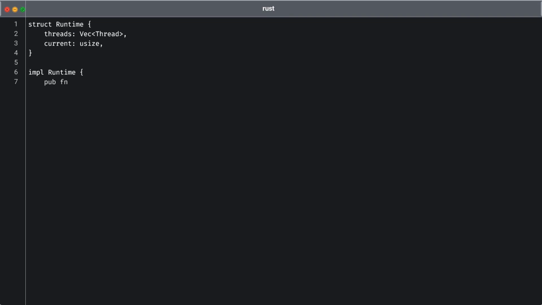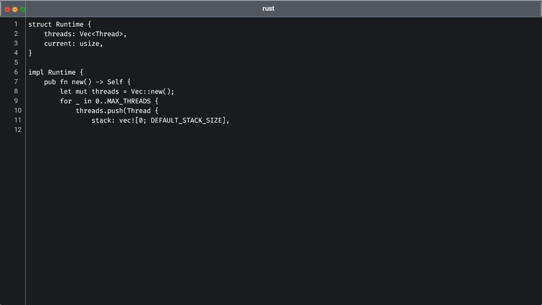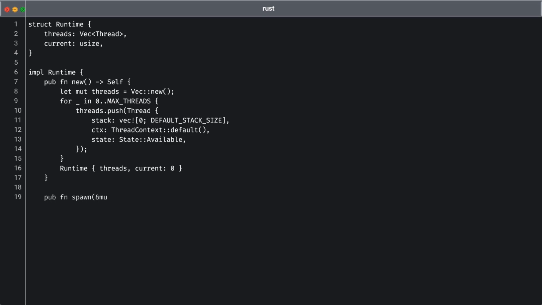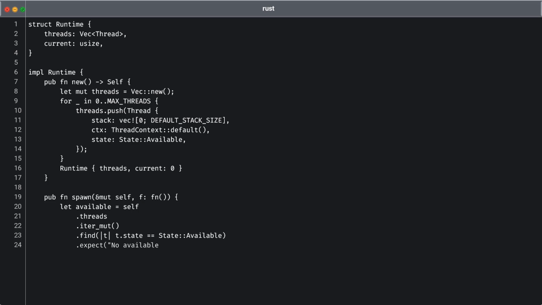Now let's take a look at the runtime struct, which serves as the backbone of our fiber scheduling system. This structure contains a vector of thread instances, each representing a fiber along with its stack, context, and state. The current field indicates which fiber is currently executing, centralizing our scheduling logic. Next, we will implement the new function. This function initializes the runtime by creating the specified number of threads based on the maxthreads constant, preparing them with default states. Each thread is allotted a stack of predetermined size, and it starts in the available state,